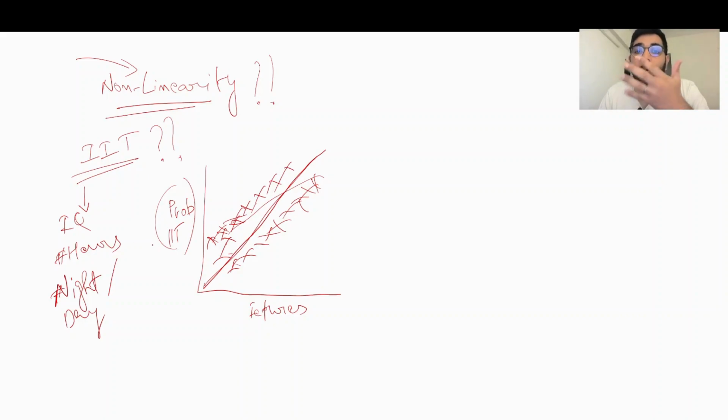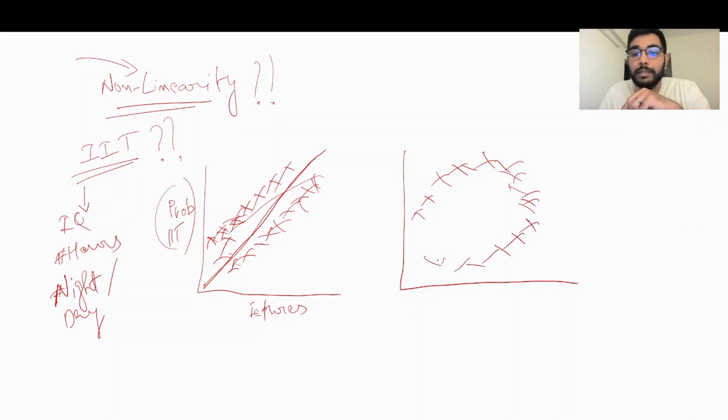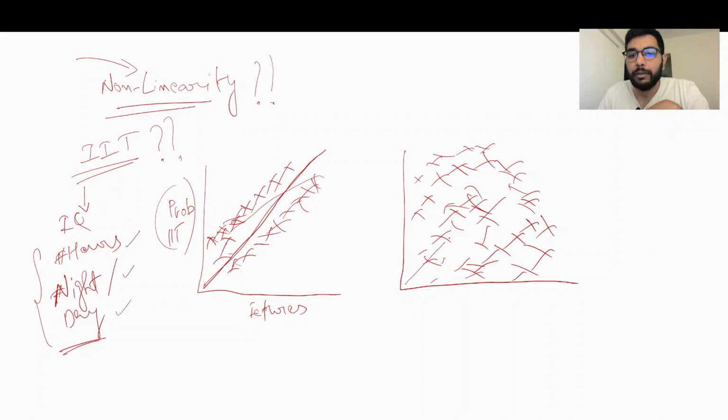But as the complexity in the features increases, we have this kind of data which is scattered. I am just showing you this in a 2D plane, but this is an n-dimensional plane. Specifically for us, it's a 3-dimensional plane because we have 3 features with us. If this is the kind of data distribution that we have for these 3 features, hours, night and day, introducing this particular linear line will not help solve our problem because it's not able to